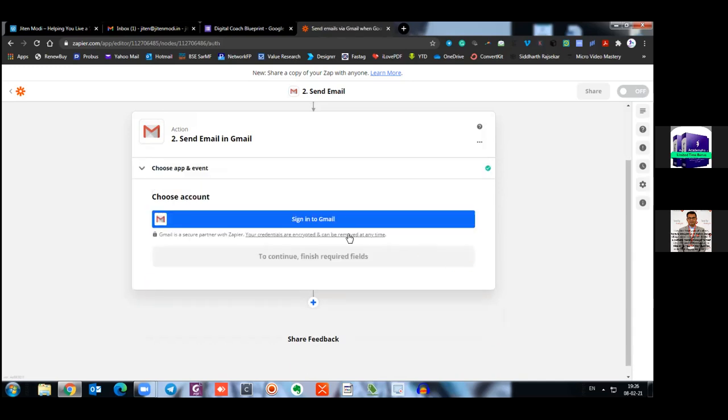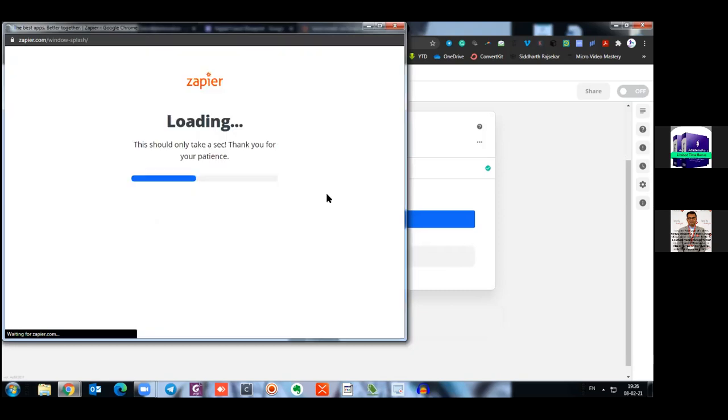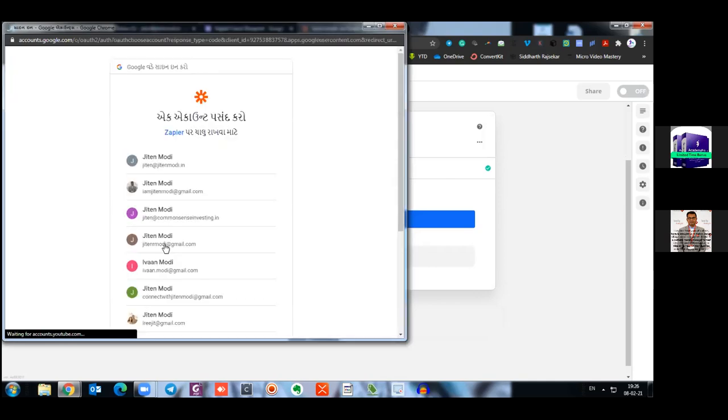Okay. Now sir, sign in over here. Now here you can always sign in with any other Gmail account also. So it is not compulsory the same account you should. You can fetch the form from any other account and you can sign into any other account. Okay. Yes, sir, you can try any other account. Okay.